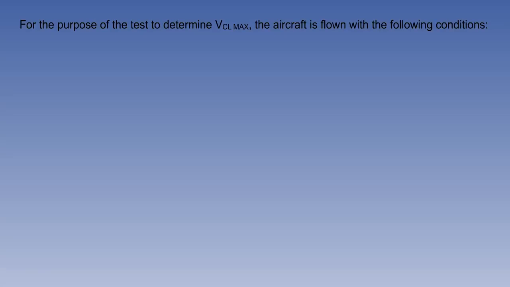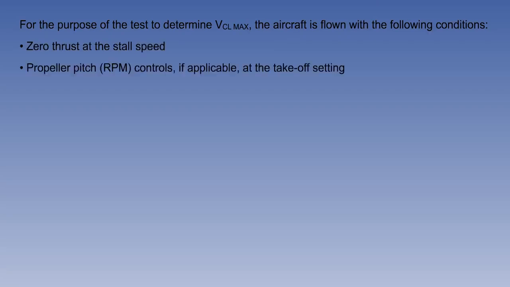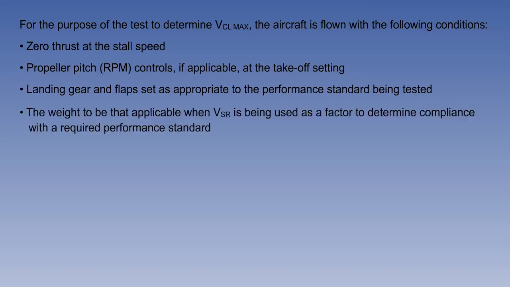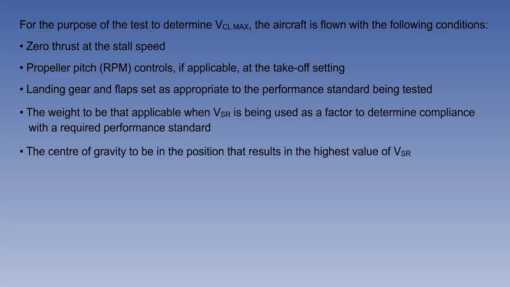For the purpose of the test, to determine VCL max, the aircraft is flown with the following conditions: 0 thrust at the stall speed, propeller pitch and RPM controls, if applicable, at the takeoff setting, landing gear and flaps set as appropriate to the performance standard being tested, the weight to be that applicable when VSR is being used as a factor to determine compliance with the required performance standard, the centre of gravity to be in the position that results in the highest value of VSR,